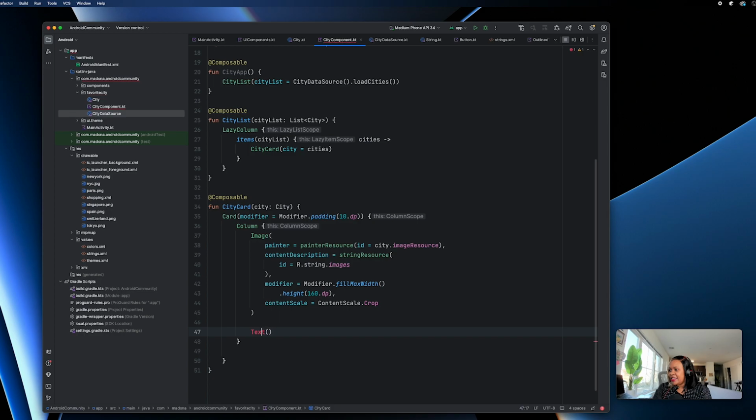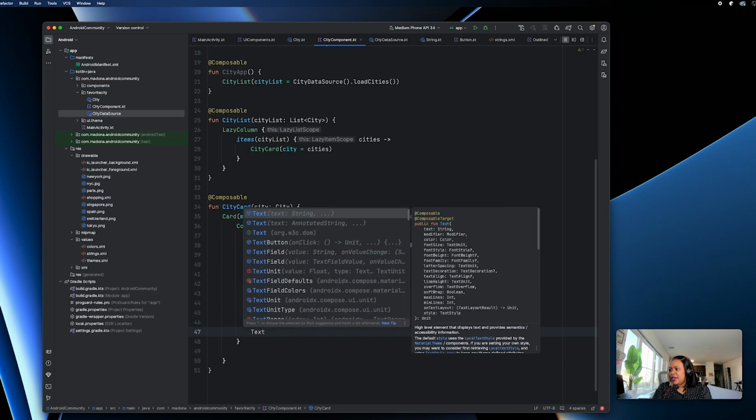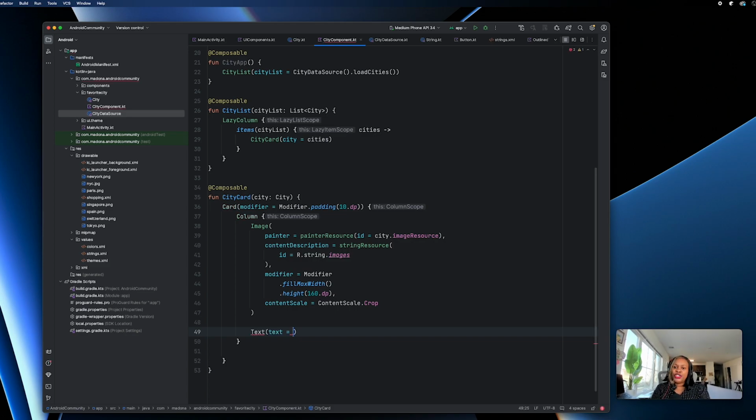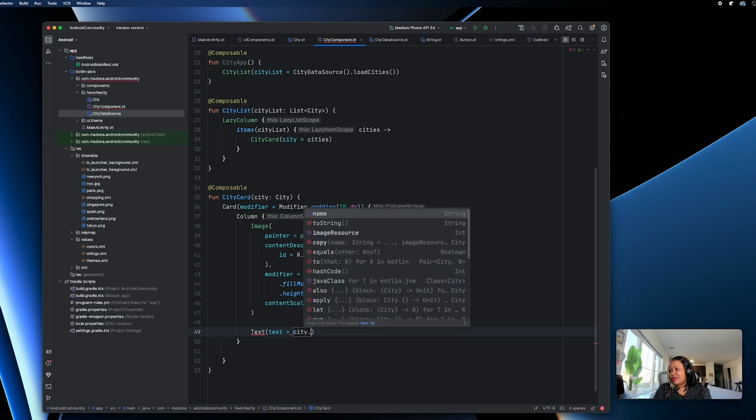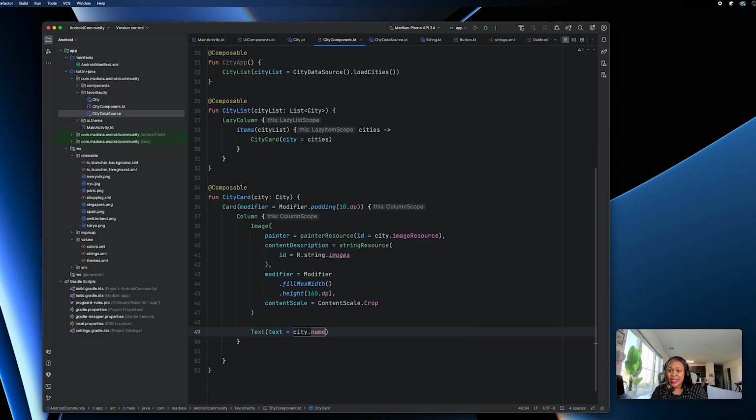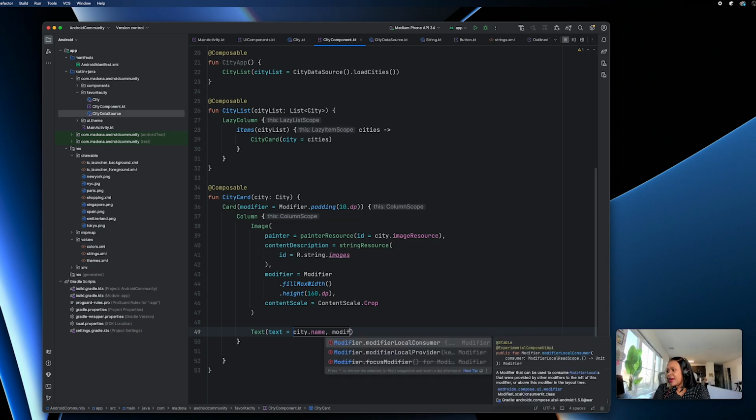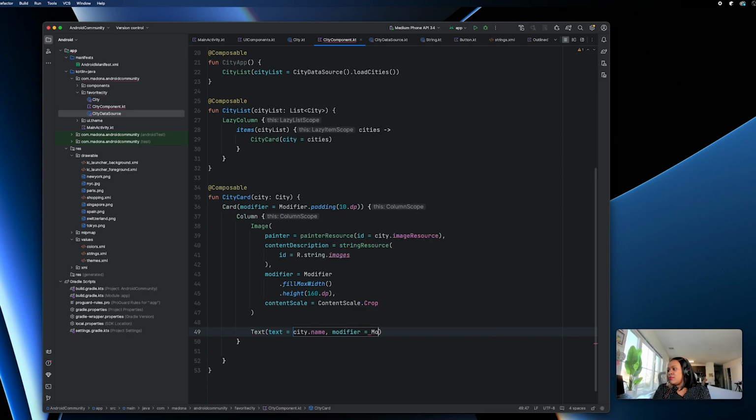Now let's go and add the text. So the text is just going to be the string, and here what we're going to do is pretty easily return the city dot name, because that's what we need. And then inside here we can also do a modifier equals modifier